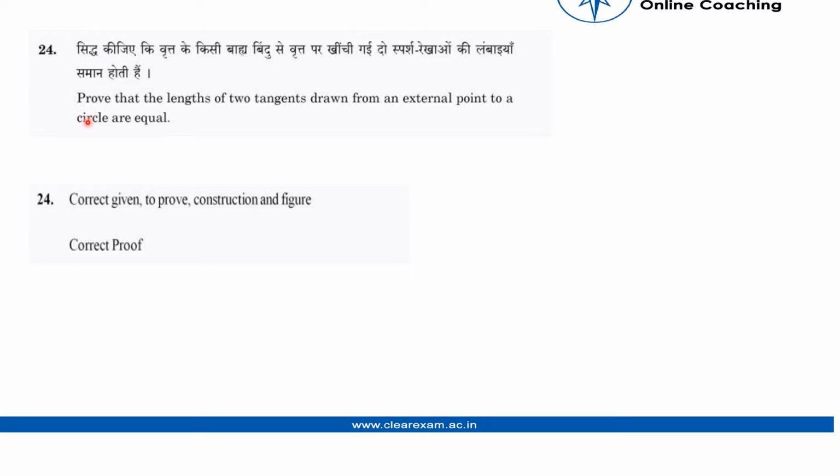Good morning. Our next question is: prove that the length of two tangents drawn from an external point to a circle are equal. To solve this question, we need to draw a circle and a point which is outside of the circle. Let's take a center O and a radius R